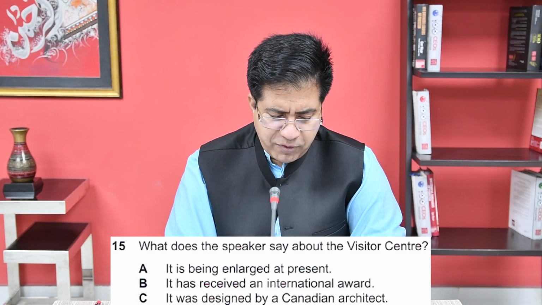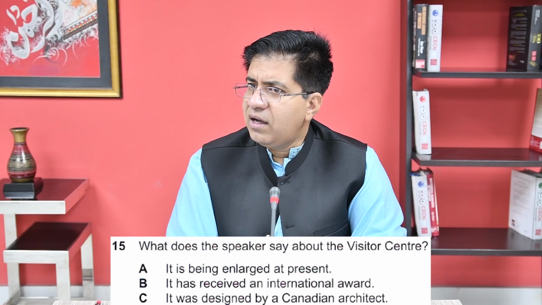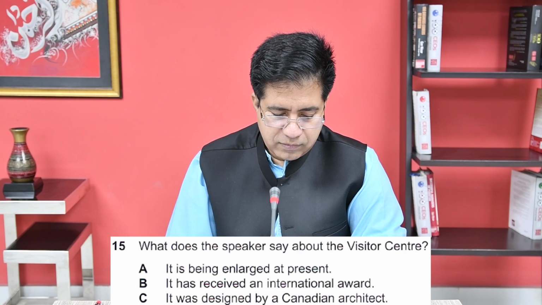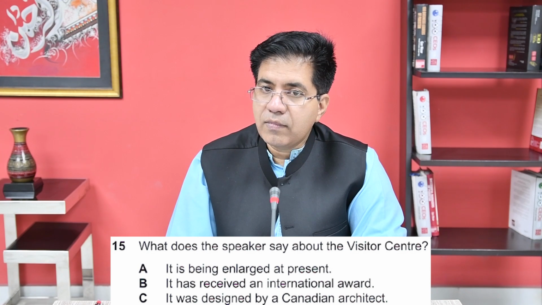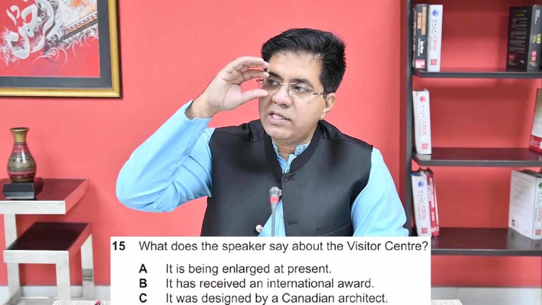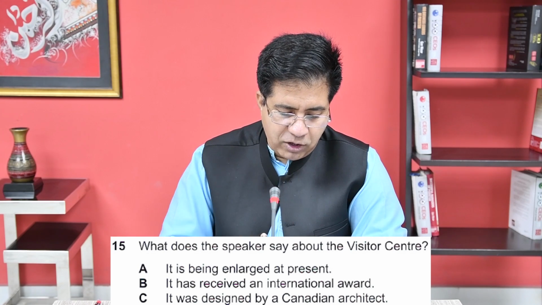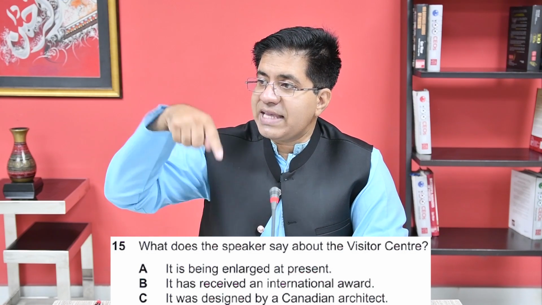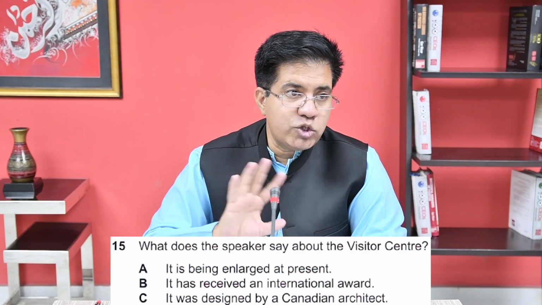Now I tell you, some of you selected B? Yes. All right, let's see. Why B? Well worth seeing. The architect was Guy King. He was actually born in this part of England. Guy King is architect. He was actually born in this part of England. So C cannot be the answer. It was designed by a Canadian architect. He is not Canadian. He is English. Okay? So C should be crossed.